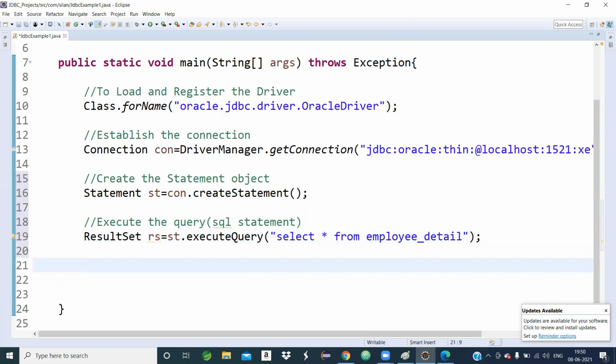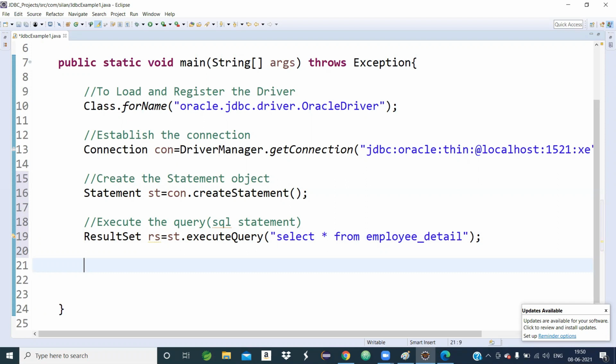Okay, in this way 4 steps we completed: load and register the driver, establish the connection, create the statement object, execute the query. Only 1 step is remaining. Till now I have not written any output statement. But in Java programming, without an output statement, output value never comes.